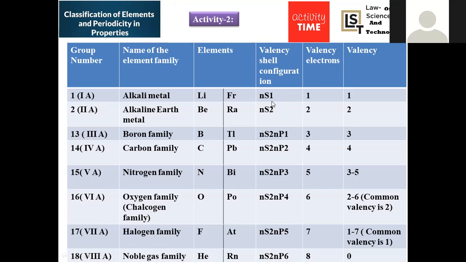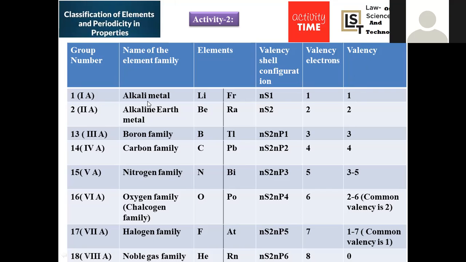Their common valence shell configuration will be ns1. So whatever element you take, all are comprised of a similar electronic configuration. This is called a generalized electronic configuration in their outermost shell, right? ns1 is the common electronic configuration for the alkali metal family. How many electrons can you find? Only one electron will be there, and subsequently their valency will be 1. Valency of any element is designated as the number of bonds it is able to form, otherwise the number of electrons it will lose or gain. That is denoted as the valency of any element.